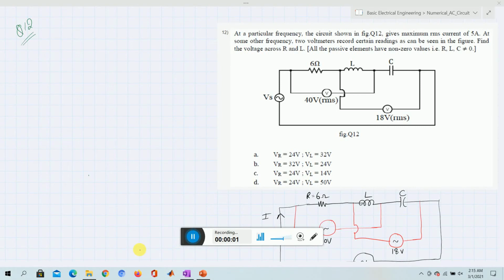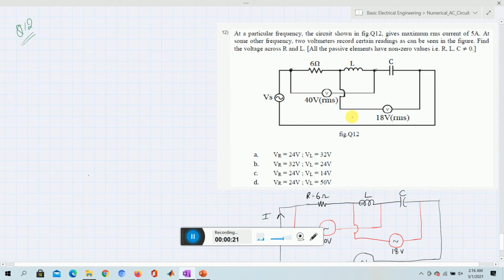Welcome to another video of basic electrical engineering, and here we will solve some of the numericals. Let us take one problem here: in this circuit you can see the resistor, inductor and capacitor are in series, and a voltmeter is used to measure between these 2 points, and we got the value of 40